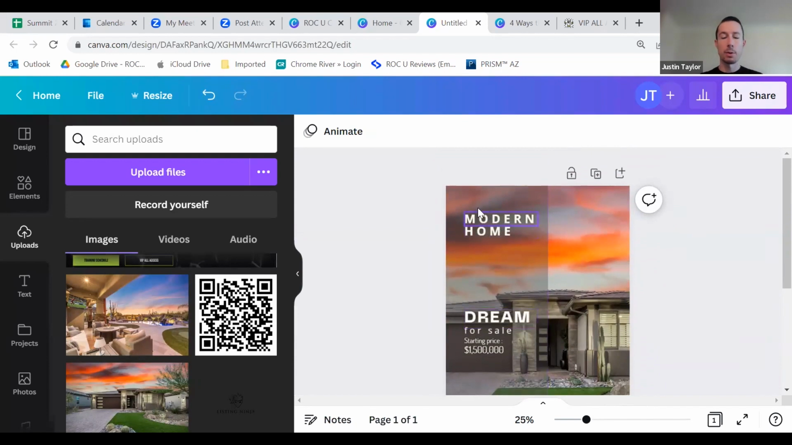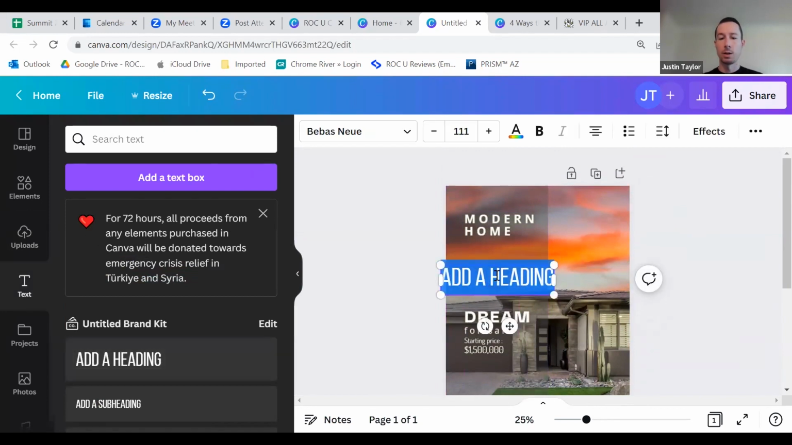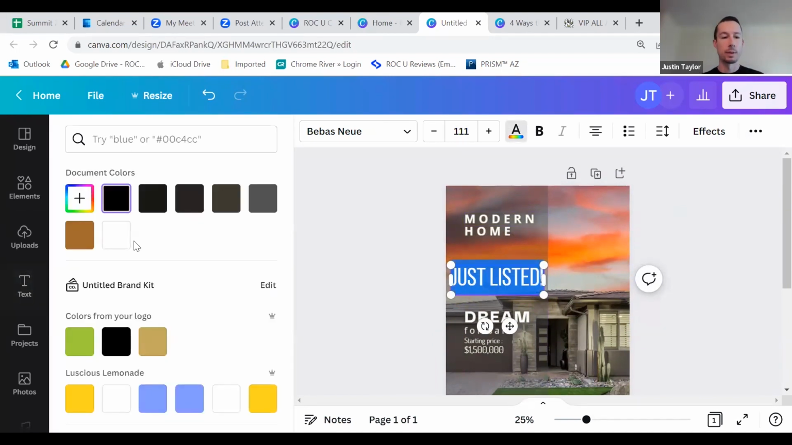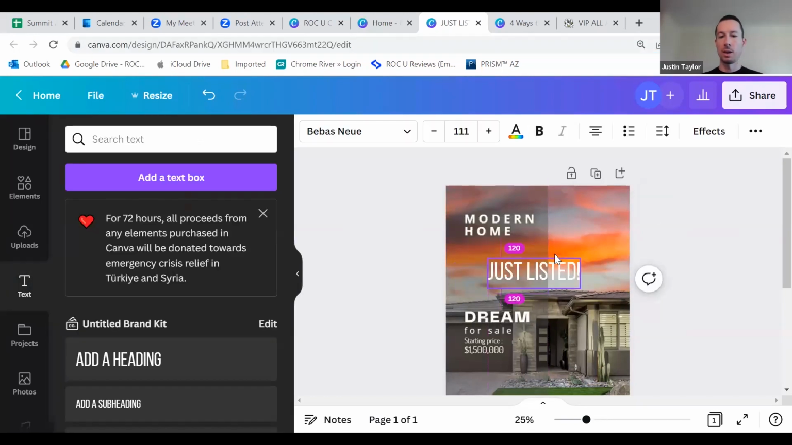Modern home. Maybe we're going to add text. I'll come over here to the left, click add heading. It has my default text in there. I can make it bigger. Just listed. You can always turn it by this little dial here. You see the little arrows going in a circle. You can always change your element there. I'm going to go back to 0. Maybe. There we go. I'm going to change that text to white. If you wanted to change the font to maybe a cursive, you can always change the font